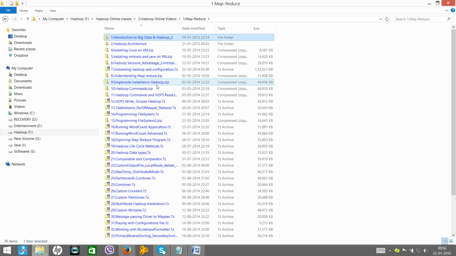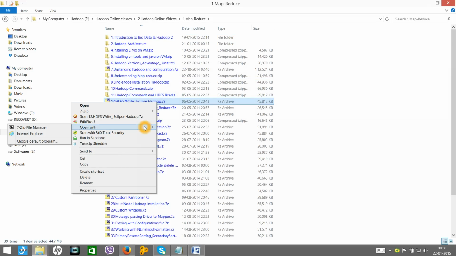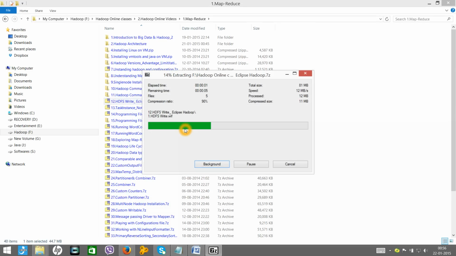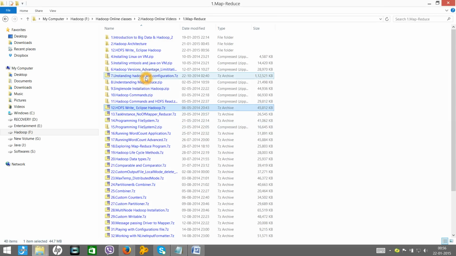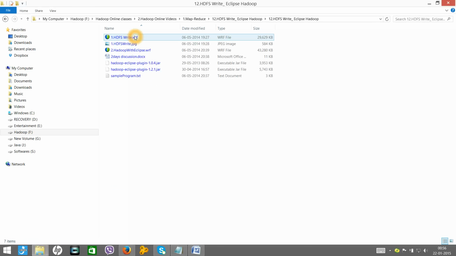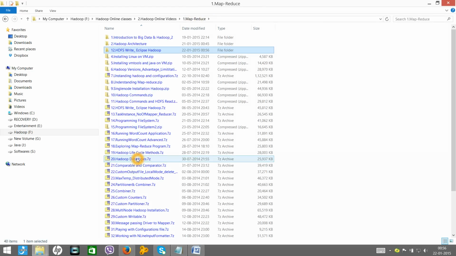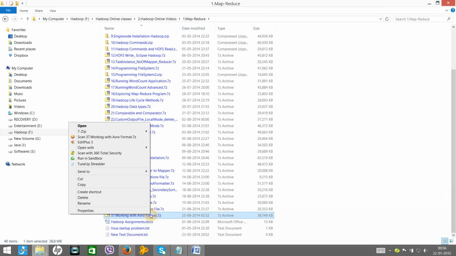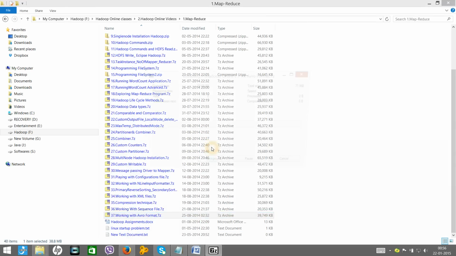Let's go to Eclipse. Right click on this and say extract to this. Now you check it out here. Some sample programs are there, some plugins which we used, some discussion videos, some images and recordings. You go to any example, the last example, extract this.